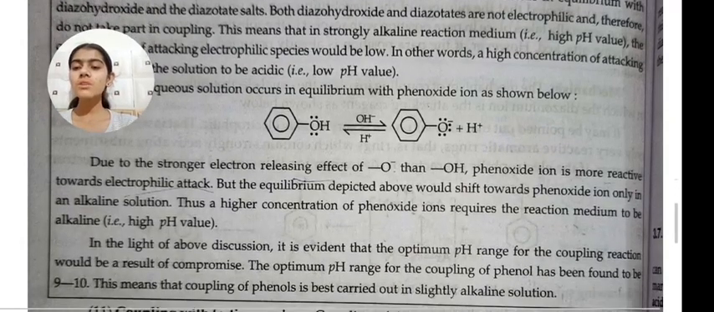Due to the stronger electron releasing effect of O⁻ than OH, the phenoxide ion is more reactive towards electrophilic attack, but the equilibrium depicted above would shift towards the phenoxide ion only in an alkaline solution. Thus, a higher concentration of phenoxide ions requires the reaction medium to be alkaline, that is, a high pH value. In the light of the above discussion, it is evident that the optimum pH range for the coupling reaction